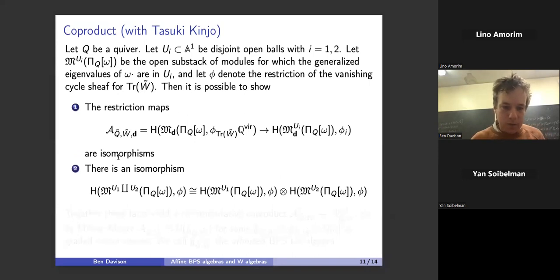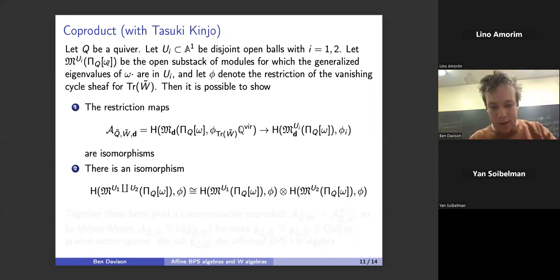The claim is that there is an isomorphism between, so here on the left, I take the stack where the generalized eigenvalues all live in the union of U1 and U2. The claim is that the vanishing cycle cohomology of that stack is isomorphic to the tensor product of the corresponding stacks for U1 and U2. I can explain in words why this is highly believable. It's because if I have a module for this algebra, pi_Q adjoined omega, where all of the eigenvalues for omega are in U1 or U2, then because omega itself is central, I can take the direct sum decomposition